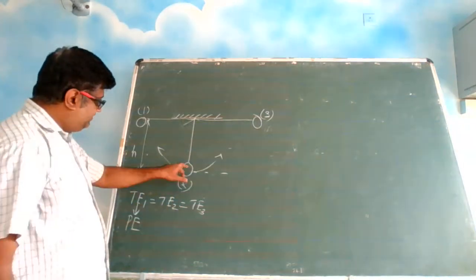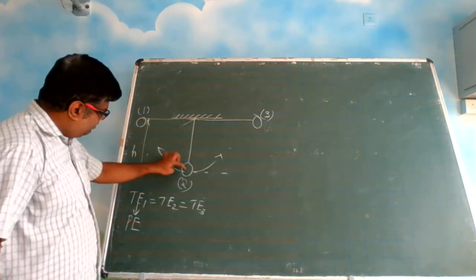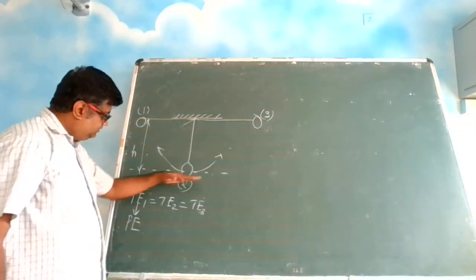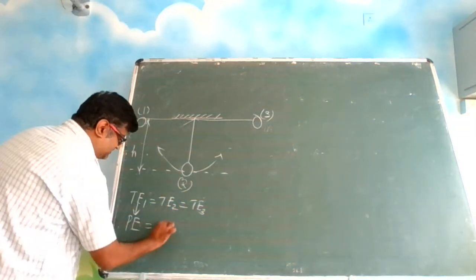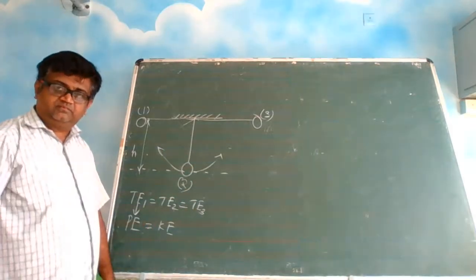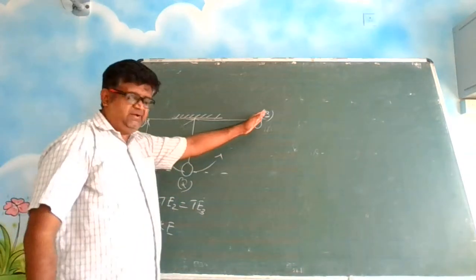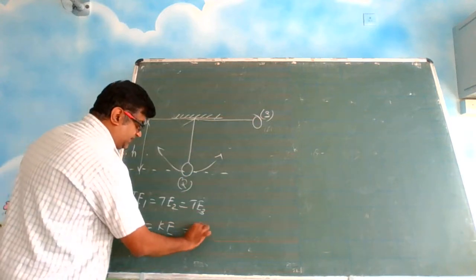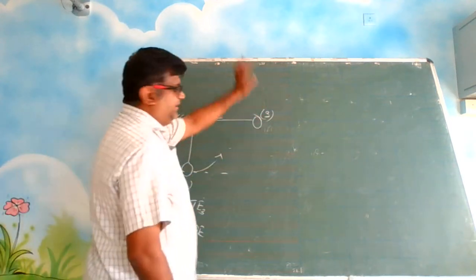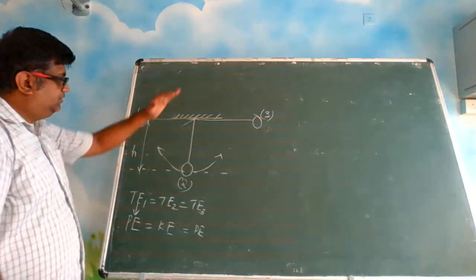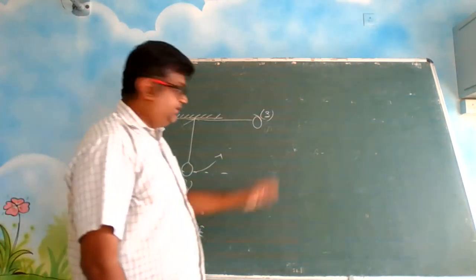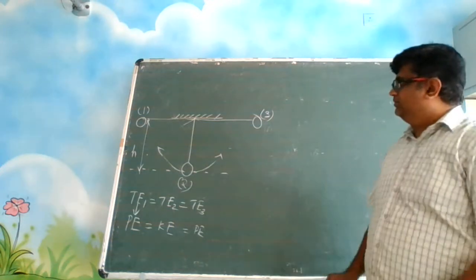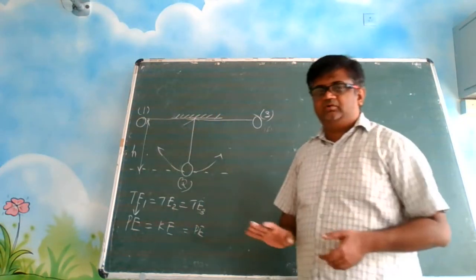Right? At T2, it has fallen down. It is going with the speed. You have taken this as the reference. So at this point, only kinetic energy is there. Again, at this point, only potential energy will be there. Kinetic energy won't be there here because kinetic energy is only here. Speed is 0. If speed is 0, no kinetic energy. What is happening? The total energy is same only.